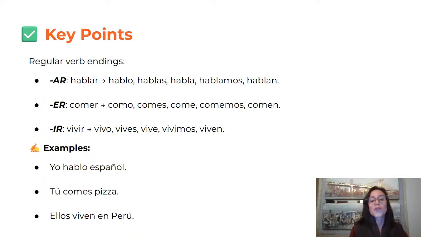It's something we started to see 1 month ago. And today I just brought it up to keep them relevant because we are talking about a specific AR verb. Since we have the AR conjugation model here, hablar, hablo, hablas, habla, hablamos, hablan,